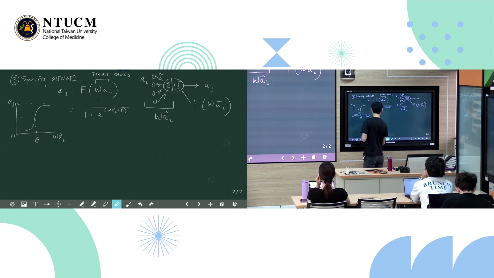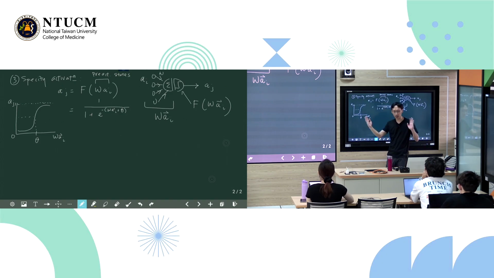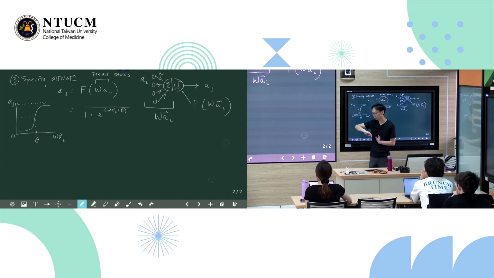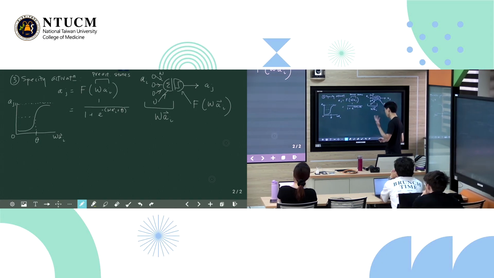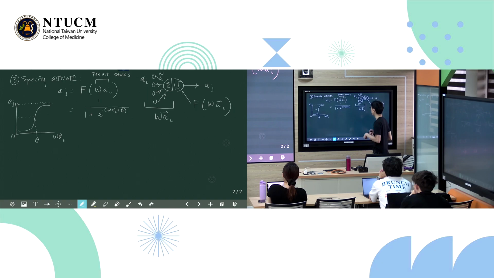Okay, so it's going to be an asymptote. It will never really reach 1, and it will never really reach 0, but it will get closer and closer to it. The key thing is that within some range around theta, there is a step or a continuous sudden shift from 0 to 1 kind of activity. So that's the sigmoid function that we will be using. And importantly also,